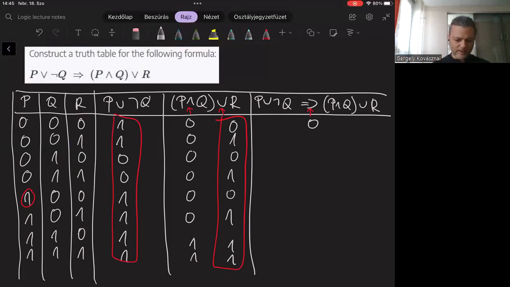Actually, we can keep going with finding such interpretation. So this is a similar interpretation, and as you hopefully know, in any other cases, implication evaluates to 1. So this is why I can put 1 everywhere in the remaining interpretations. And this concludes this exercise.